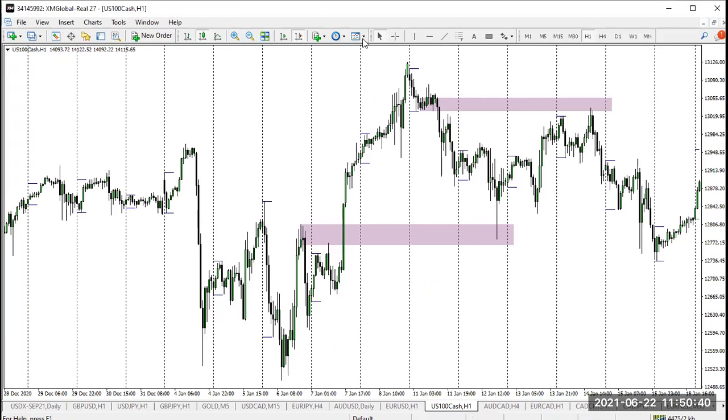Another one here. Right. So we have a low, we have a high, and then we have a fail to make a low, and then there's a BMS. This is your mitigation block. So again, they bought here, price goes up, they wanted to buy again, they push price down to discount, they buy again on this order block, then price breaks structure. With this, what big momentum, the violent break of market structure.